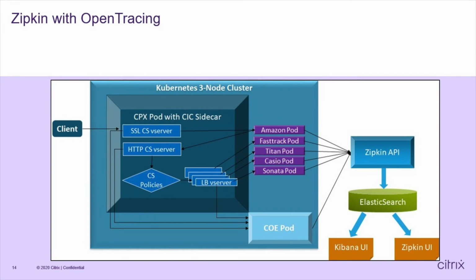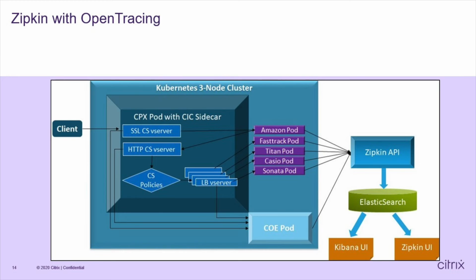Now that we have seen the two important pillars of observability, that is the metrics and logs, and how Citrix Observability Exporter supports various endpoints to help you create dashboards and alerts and find out the root issues that you would see in any of your microservice applications, it is also important, once you have been alerted of an issue, to trace and identify the root of the issue, where your latency problems are.